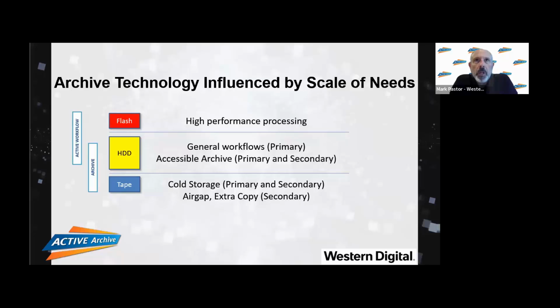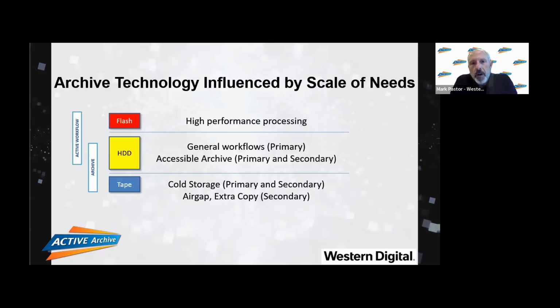So people would be reluctant to go completely flash within their total environment. Keep your costs down by focusing flash on the high performance operations. Then hard drive, which used to be a performance workhorse, has really moved because flash is so accessible and the cost of flash has come down substantially. Hard drive really fits a pretty broad middle ground